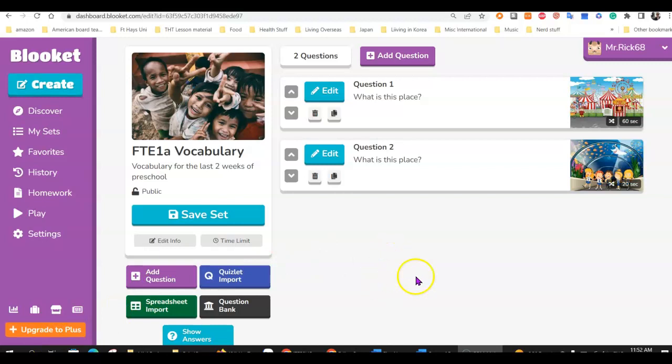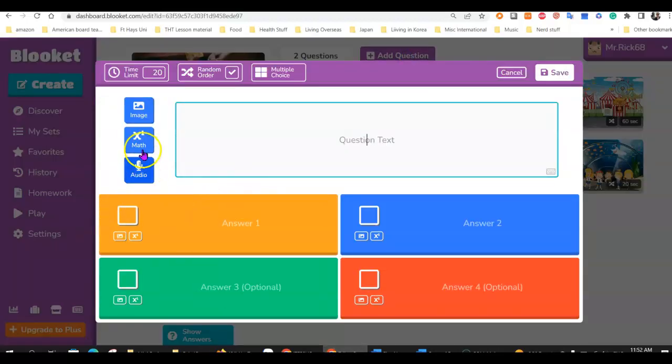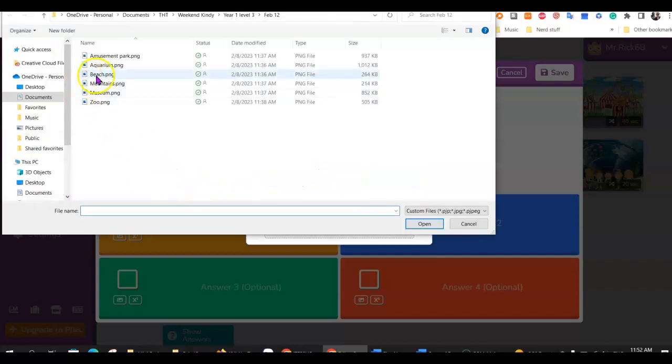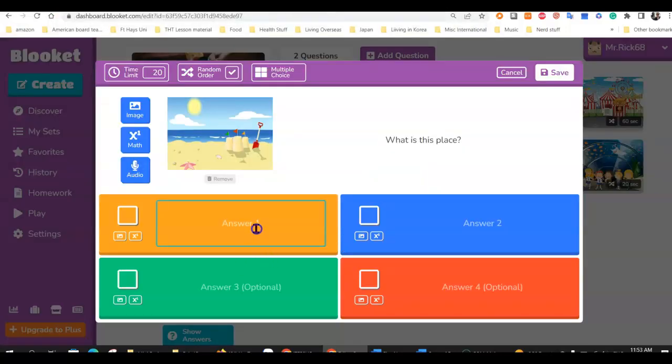The question-making format kind of reminds me of Kahoot. So you can make your own sets. You can go discover some sets here. So quickly add a question. This is vocabulary for my weekend kindy class that their main teacher gives them 6 words, and we